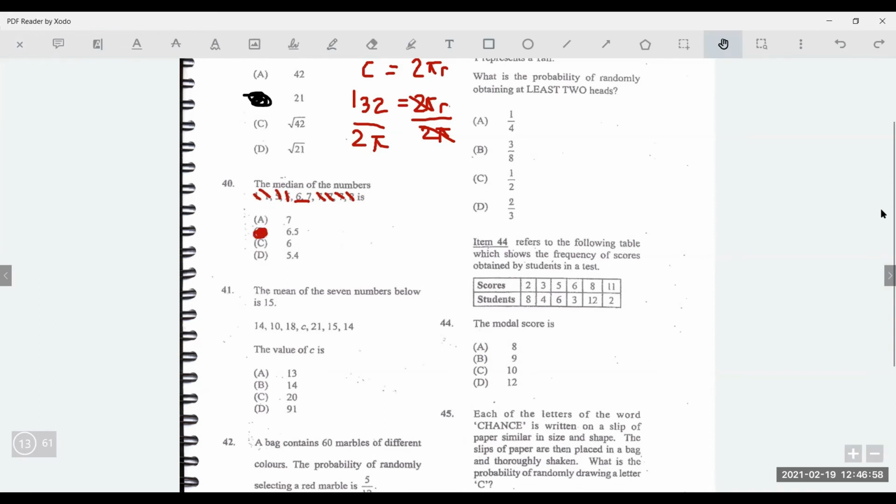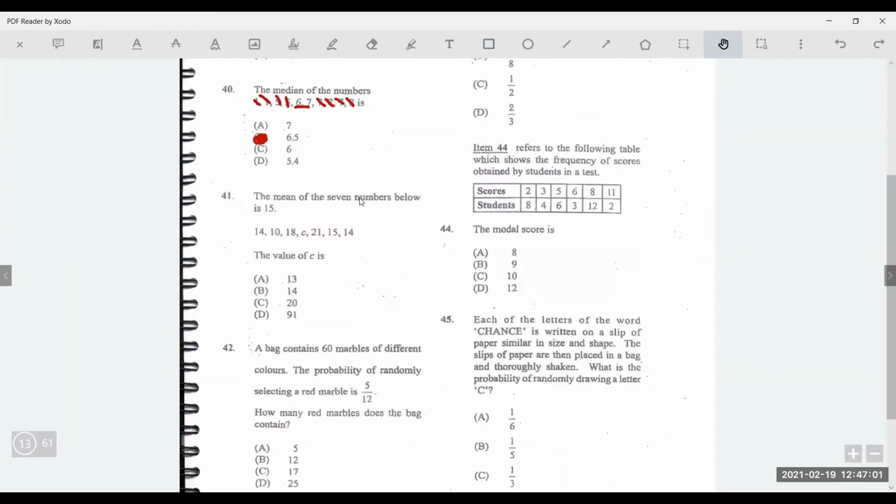Next question. It says the mean of the 7 numbers below is 15. So they give us 7 numbers: 14, 10, 18, C, 21, 15, and 14. What is C? So mean is the sum of the 7 numbers divided by 7. So 14 plus 10 plus 18 plus 21 plus 15 plus 14 plus C, divided by 7,